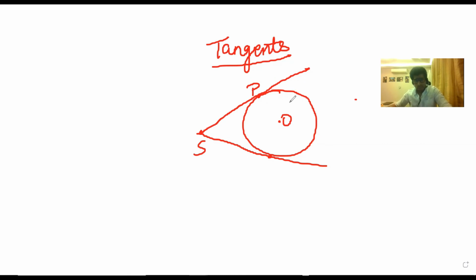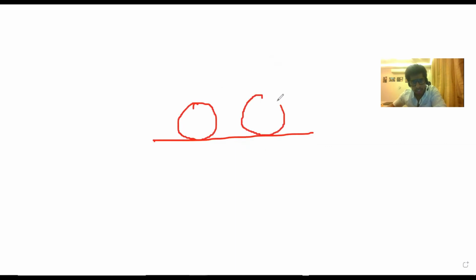Now you can visualize this point of contact, as it is very important when you take physics in your 11th or 12th. You can visualize a vehicle. Here is a vehicle, and here is its wheel. The wheel is in the shape of a circle, and the road is just a line, or a plane in 3D, but here it's just a line. So the wheel is in a point of contact with the road. Here is the point of contact.